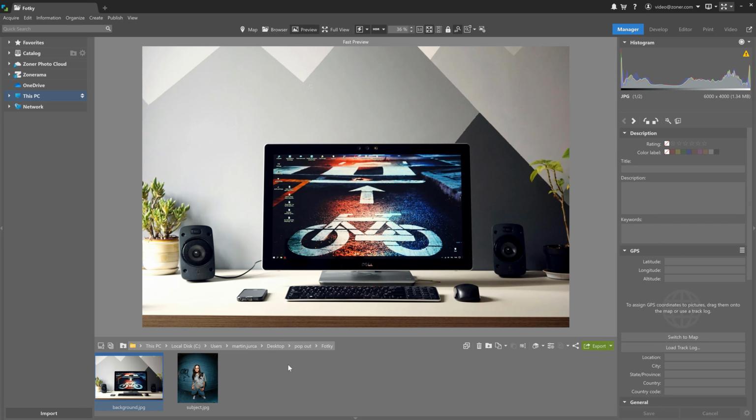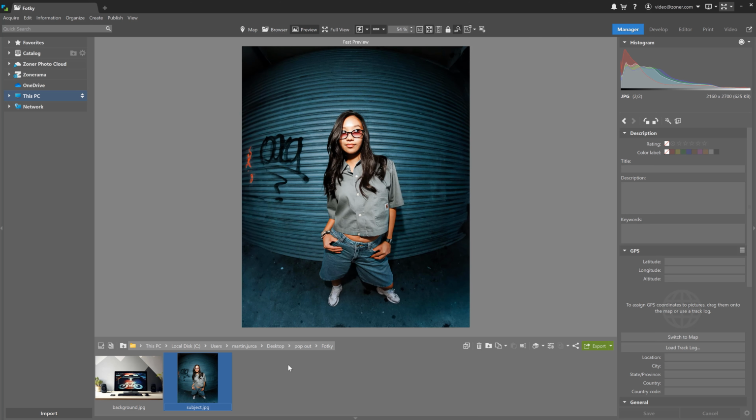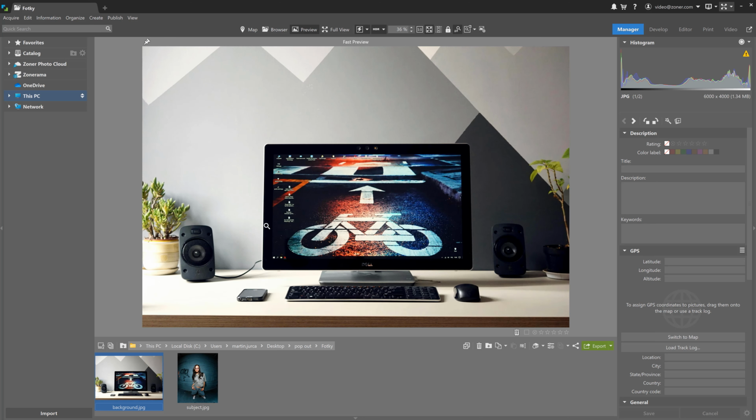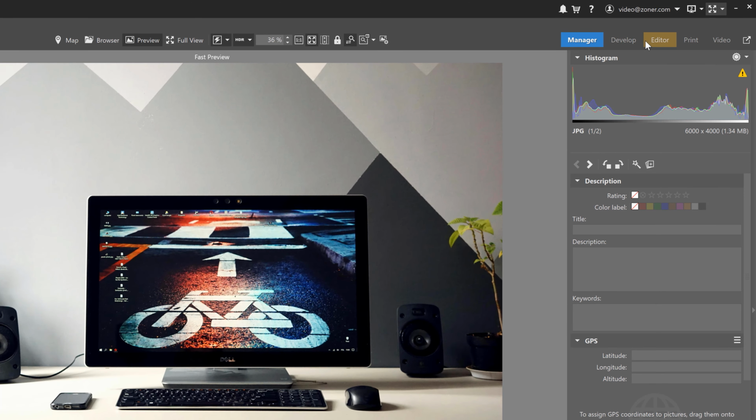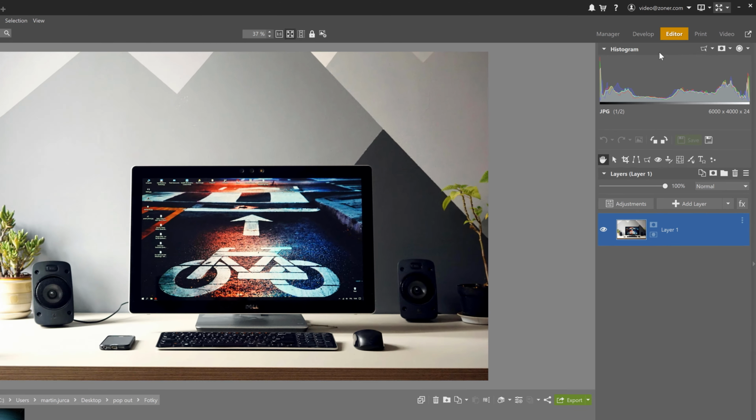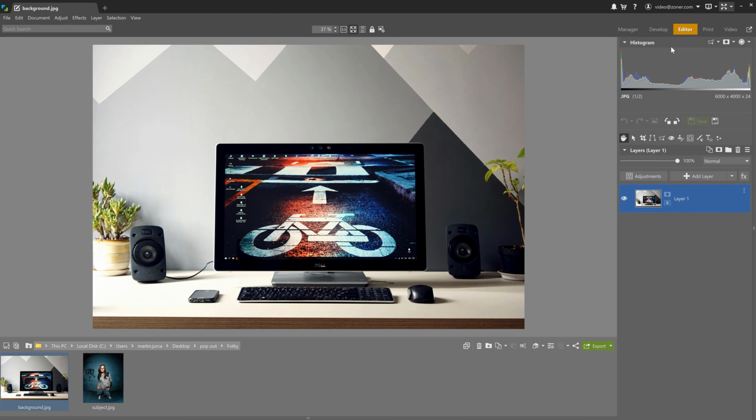And in this video, we're going to be using the editor module to walk us through the particular montage that we're going to apply. What do we need to do for this effect? Basically, just two photos. One of the object that we want to pop out, and another of the background, or more precisely, the medium from which the object will be actually popping out of. Right now we're in the manager module, so let's start out by opening our background photo in the editor module. And in our case, we've got a monitor in this photo, and we want our subject to appear as if it's coming out of that monitor.